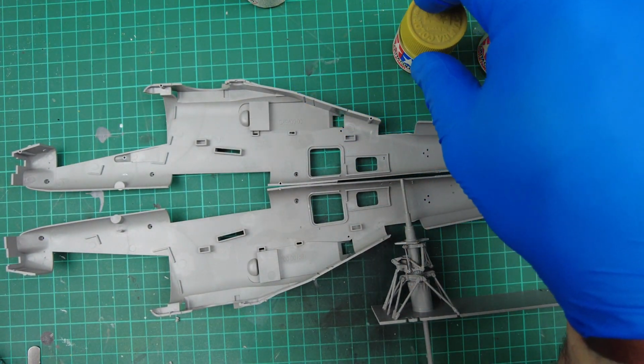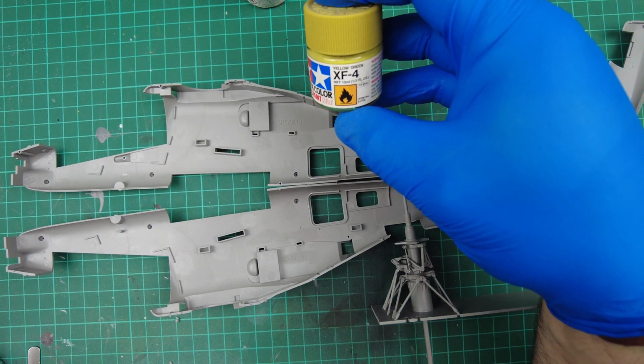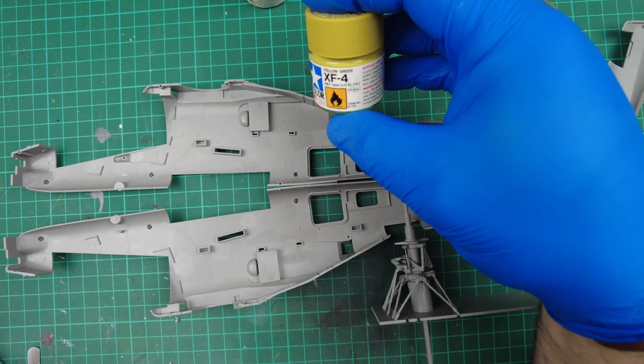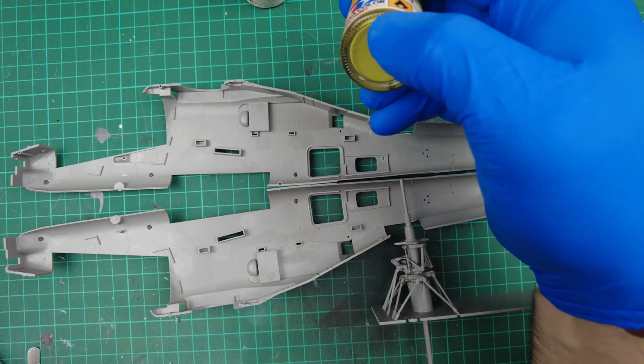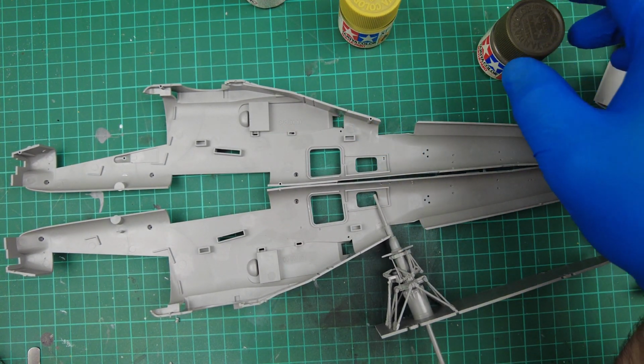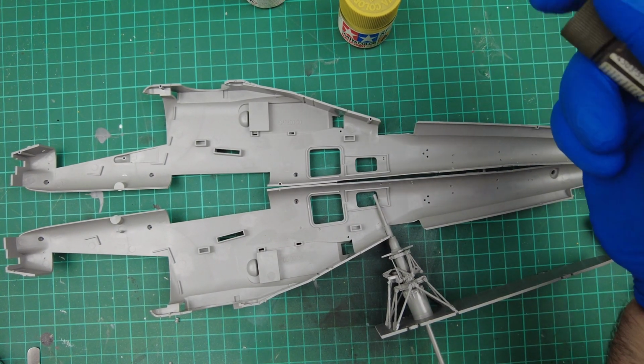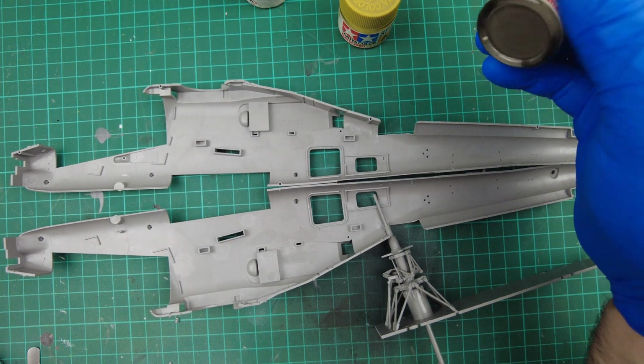And then after doing a bit of research, it would appear most of the internal panels have a version of X4 yellow green as the primer coat inside, and then we've got a mix of Helo drab for some of the rotor head and